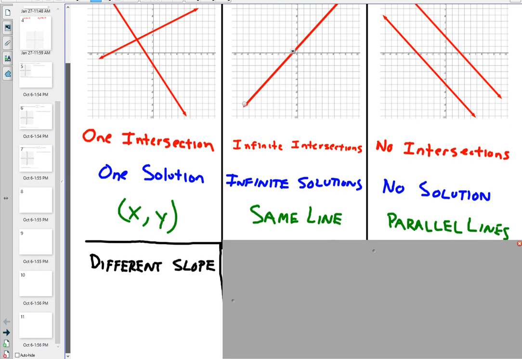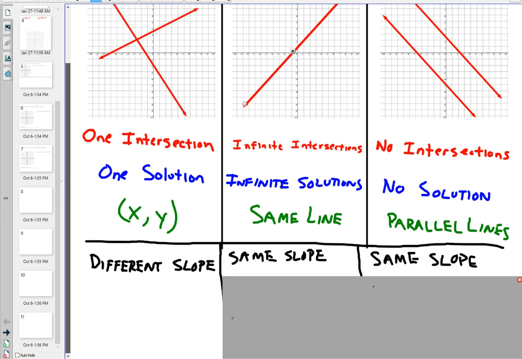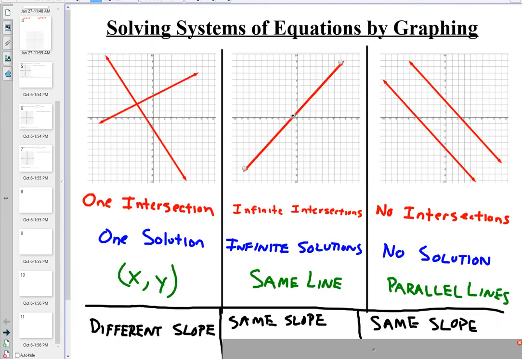If we have infinite intersections or no intersections, yeah, we're actually going to have the same slope in both, obviously, because the different slope is being taken up by one intersection. Those other two, what they have in common is they have the same slope, but where we differentiate between the two of them is that